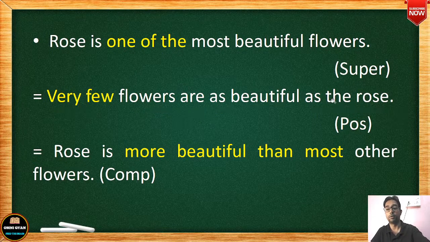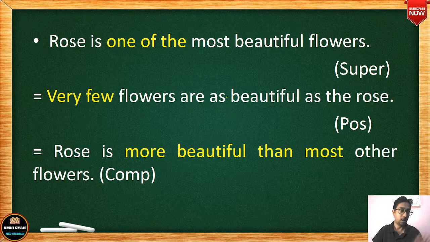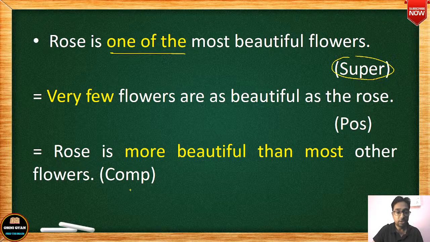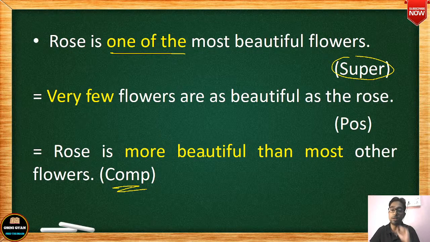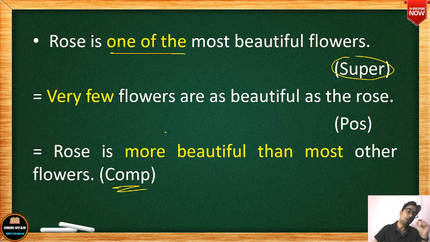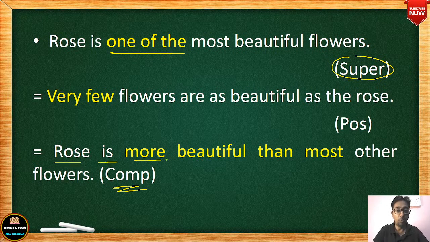Now you see here. Now if you have to change the same sentence, this superlative wala sentence, into comparative degree, what will you do? अब यहां पे आप क्या करेंगे? बहुत इजी है. मैंने आपको एक तरीका सिखाया था कि नो अदर. तो आप यहां पे एक और तरीका यूज कर सकते हैं. You can use one more way, कि रोज इज मोर ब्यूटीफुल